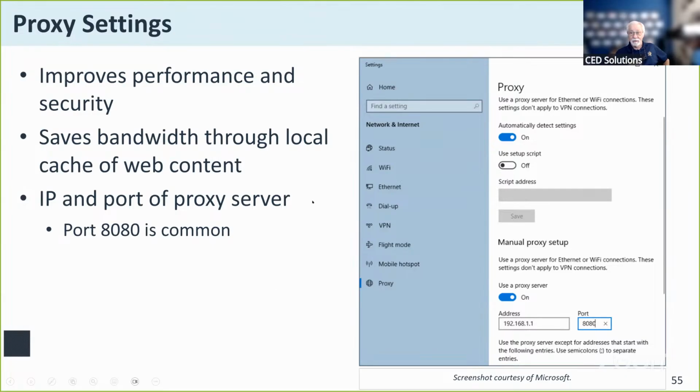Proxy servers and services, we talked about these in passing the other day as well. Most of your proxies, whether it's a forward or reverse inbound, outbound proxy, utilizes port 8080. It's a very common port that the proxy data goes in and out of. You can think of proxy as sort of a store and forward situation. A proxy server actually acts on behalf of or as a proxy for an individual user.